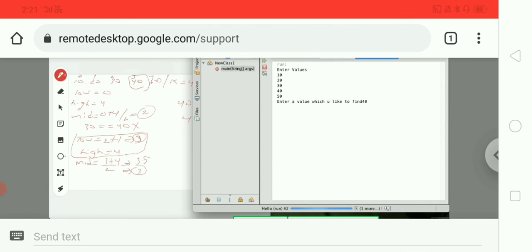Now I would like to find 40. So the given value is found, because 40 is there. So I hope you understand the program and logic concept of binary search.